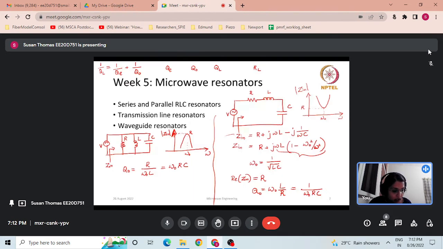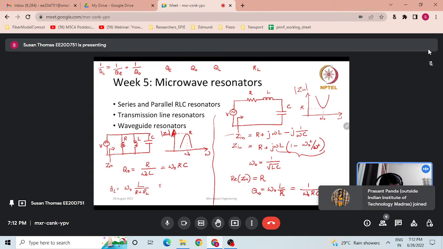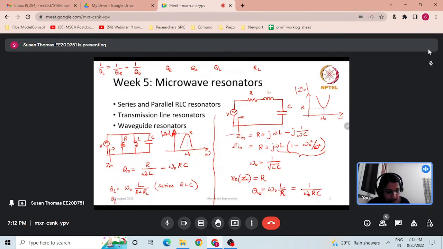Now the loaded Q factor. When I say loaded Q factor, you have an external load of RL connected to this network. So in that case, QL is equal to omega naught L by R plus RL. This is in case of a series RLC network, and for a parallel RLC, this QL is